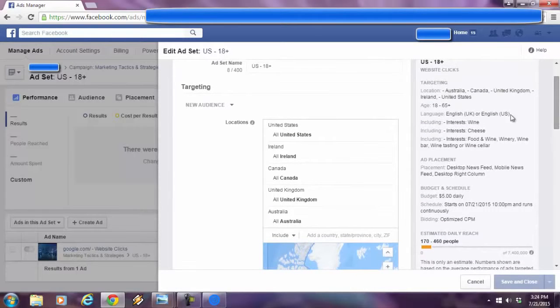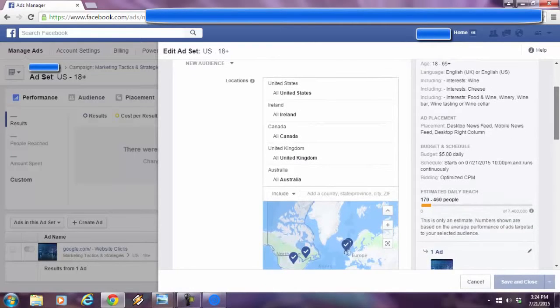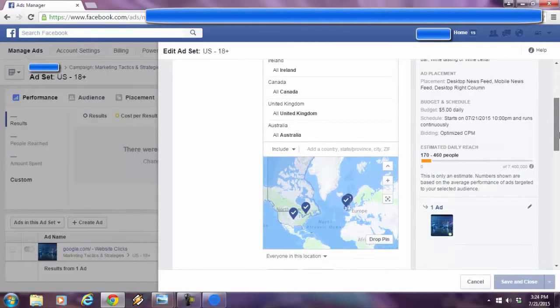Now, why is that? Well, basically, if you look at the interests, they're all the same. The English-speaking countries, that's all the same. Wine, and not or cheese, but it's and cheese, and food and wine, or winery, or wine bar, or wine tasting, or wine cellar. Now, because of me just using Social Interest Freak, I got this down to 7.4 million